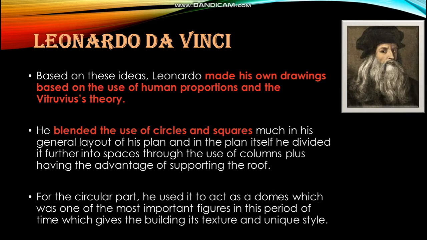In the Renaissance age, it was their aim to put such ideas developed into practice in real buildings. Thus, he blended the use of circles and squares in the general layout of his plan, and he divided it further into spaces through the use of columns. As for the circular part, he used it to act as a dome, which was one of the most important figures in this period, which gives the building its texture